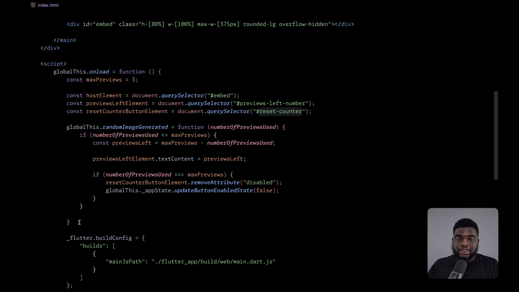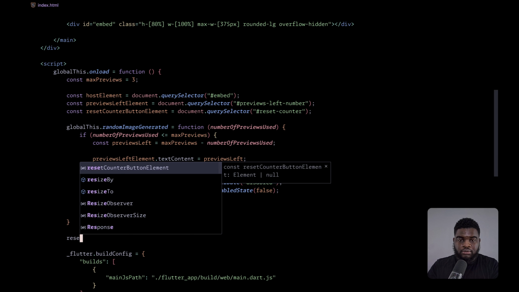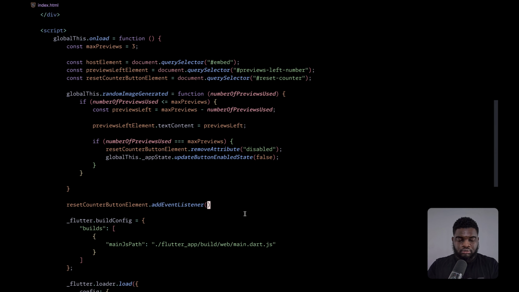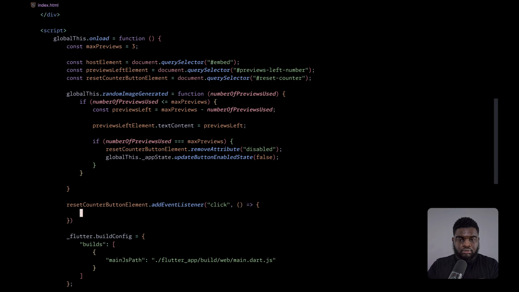So we can add the click event listener to the reset counter button. So we can set the text content of the previews left element to the max previews.